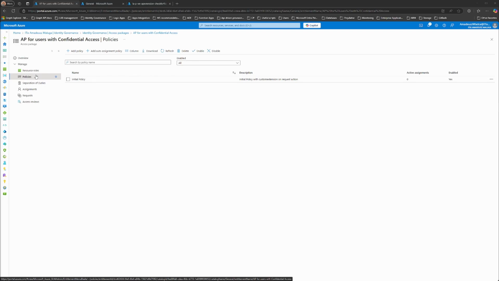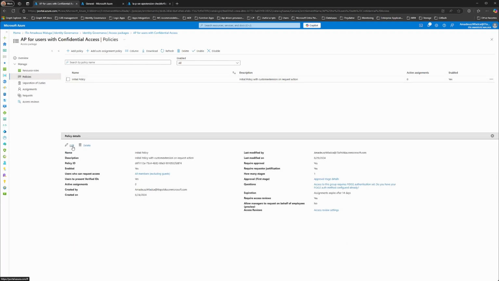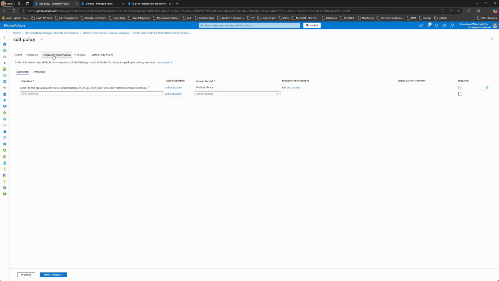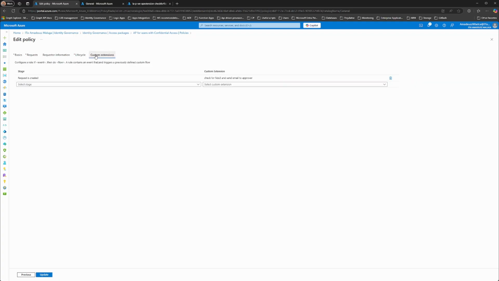In my demo environment, I have an access package created where users can request access to the group. There is a question during the request submission if the requester has the FIDO2 authentication method assigned. I'm additionally doing an actual check with custom extension. The approver of the access package is informed via email if the requester has the required authentication method assigned, to advise him